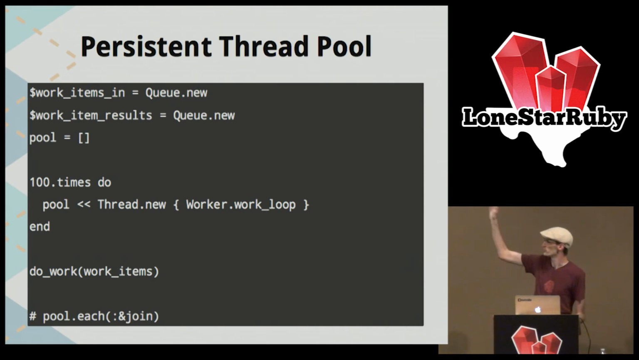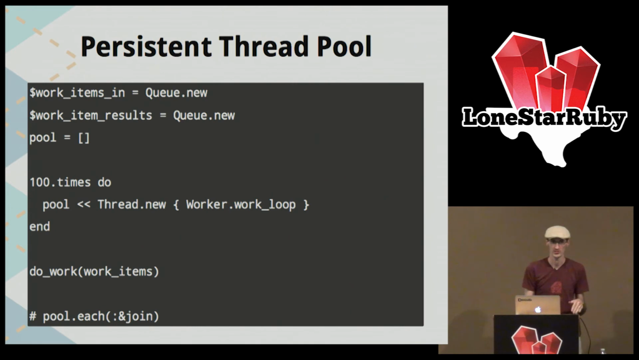So okay, well there are two queues. These are going to be the input and output to our work threads, right? Items go in, and whatever the results are come out. And then 100 times, I'm going to spin up a thread and put it in this array. The 100 there happens to be,